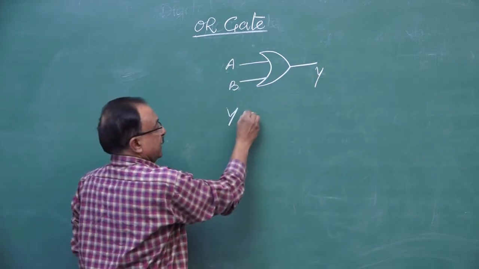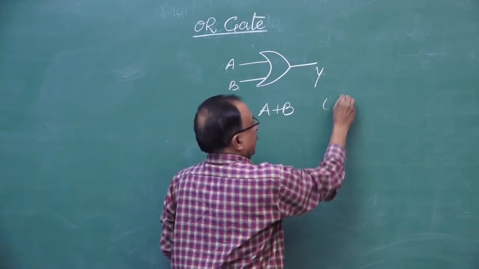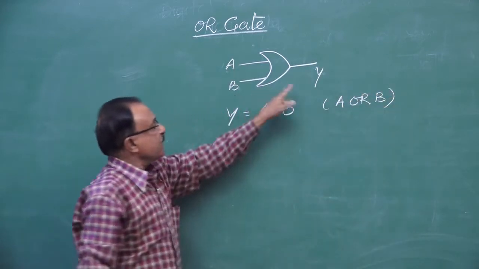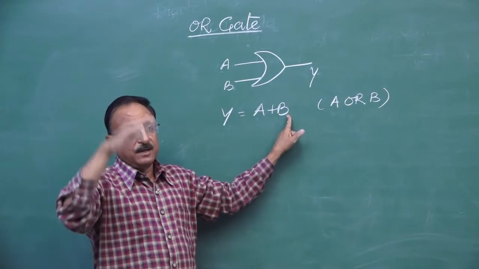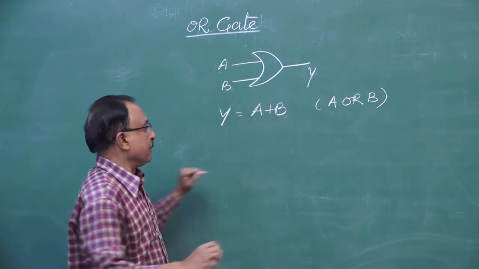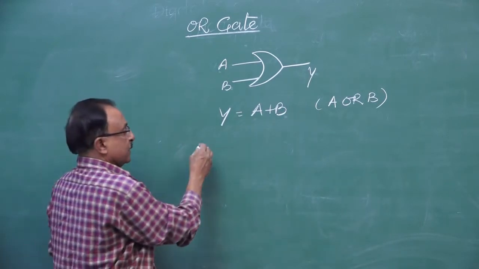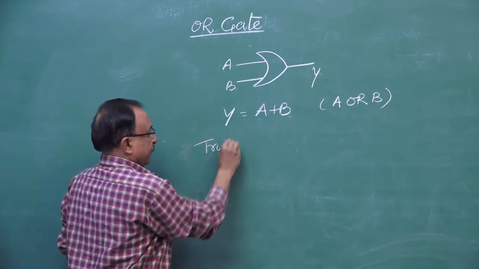It is Y is equal to A plus B. We call it A or B. It gives the output when either A or B or both of them are at the higher value. For example, we can represent their output and input in the truth table format. So in the truth table, if we represent them,